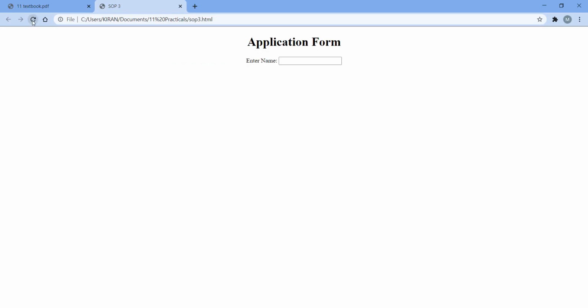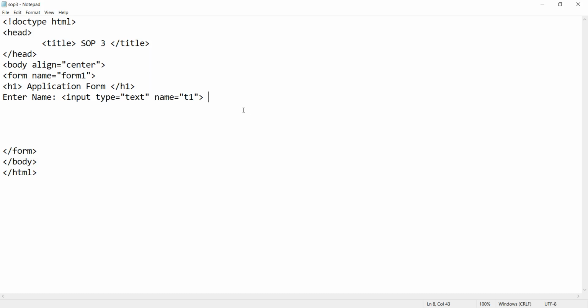Okay, enter name, and your text box is displayed. Now next we have to do is a radio button. Now I want radio buttons on the next line, so obviously I will be using a br tag. Okay, one single br tag means one line. Double br tag I'm using means there will be the space of two lines. I'm using here two br tags, so it will be more attractive to look.